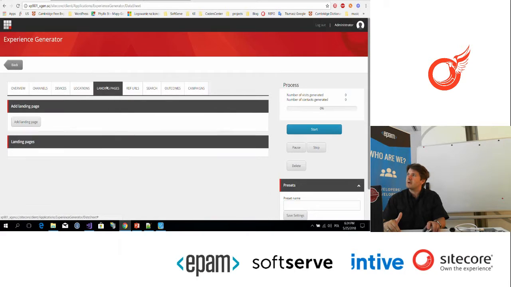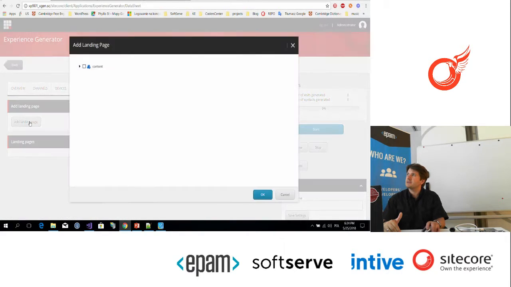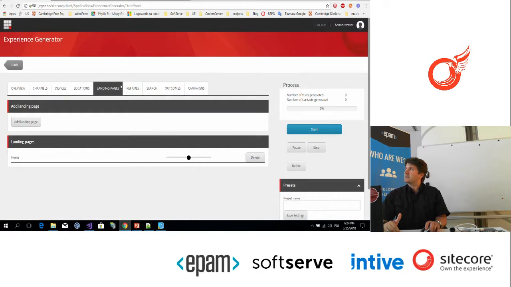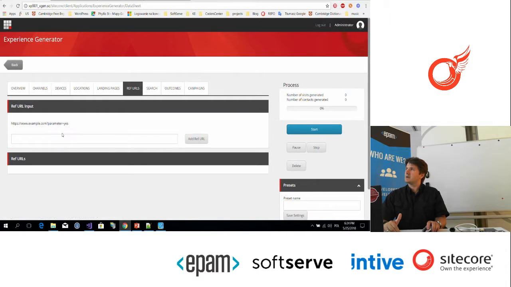We can also add some landing pages, but because it's a clean Sitecore instance, we have only the home page. We can also add some referral URLs, and they will also be used during the generation process.